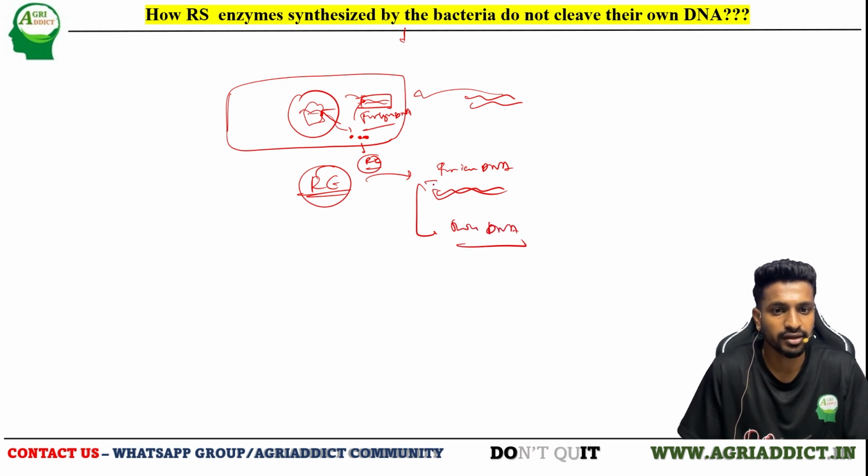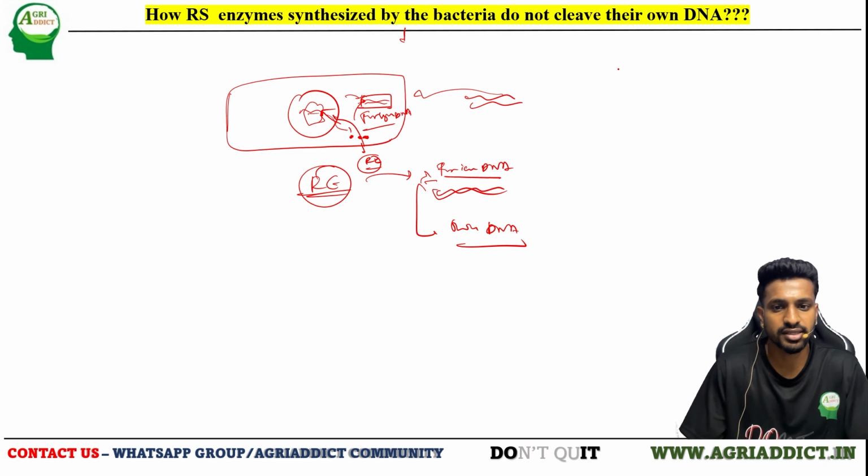So this is the thing, right? If it couldn't differentiate between the foreign DNA and its own DNA, then it would also cleave or degrade its own DNA. But it only cleaves the foreign DNA. How will it recognize this foreign DNA? This is by